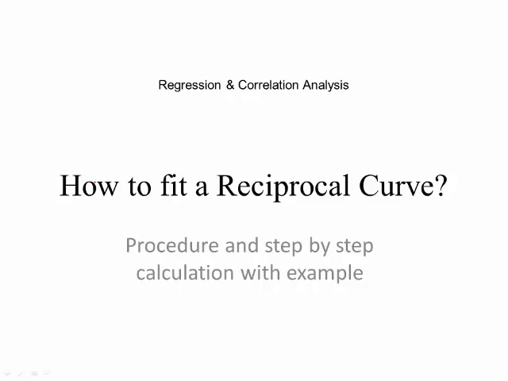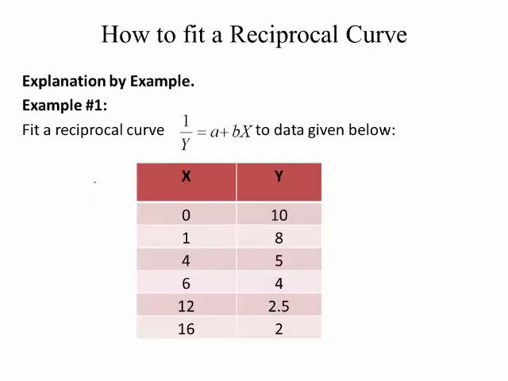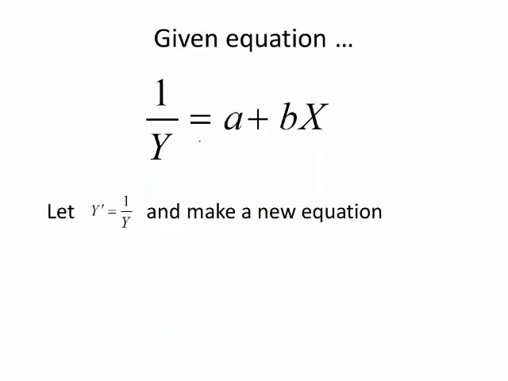आज के इस लेसन में हम देखते हैं कि अगर हमारे पास रेसिप्रोकल कर्व हो तो उसको हमने कैसे प्रोसीड करना है। एक एग्जांपल की मदद से इसको सीखते हैं। The given data is provided in x and y form and you have to fit this curve, and it is named as reciprocal curve because here the one term is in reciprocal. So the given equation is 1 over y is equal to a plus bx,